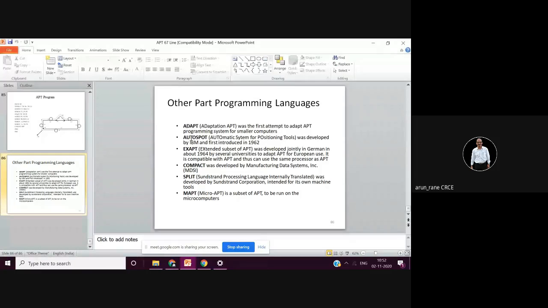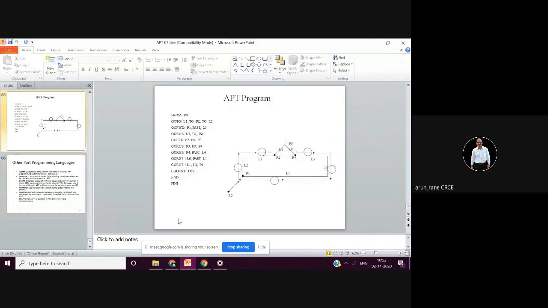These are the different part programming languages which are in the market, but these are all obsolete. Nobody uses them, because I have been telling you that all the CAM software directly gives you APT files and directly gives you the G codes and M codes. Only what we need while we are studying, that we need to understand. So for that you should be familiar.